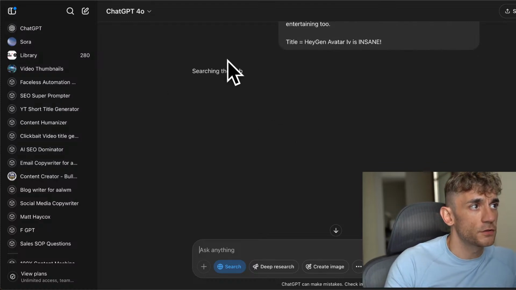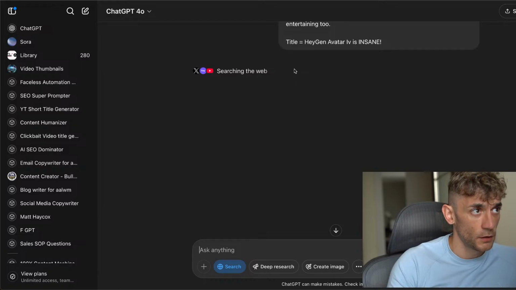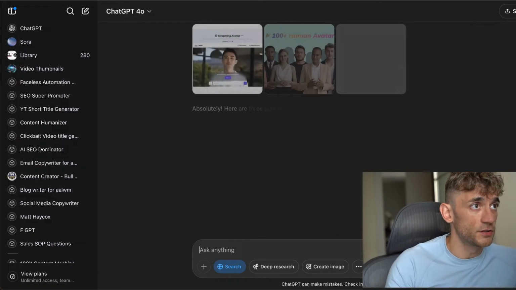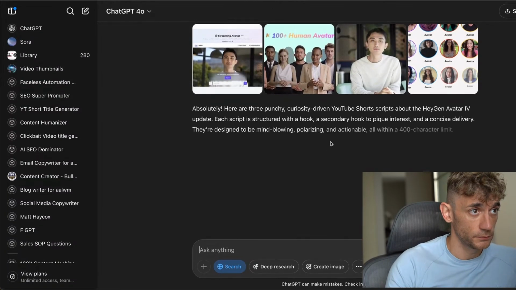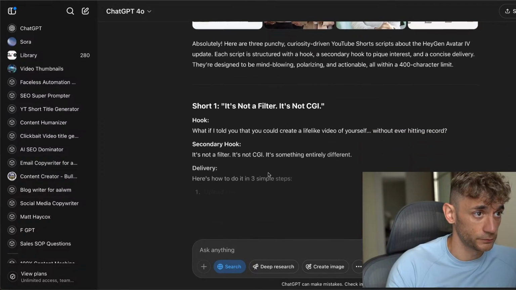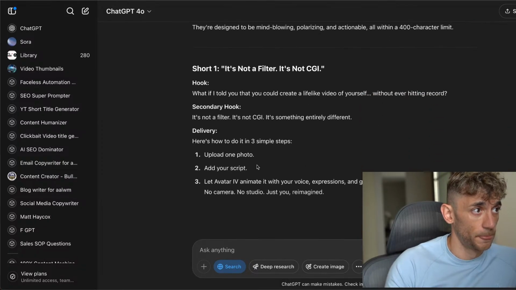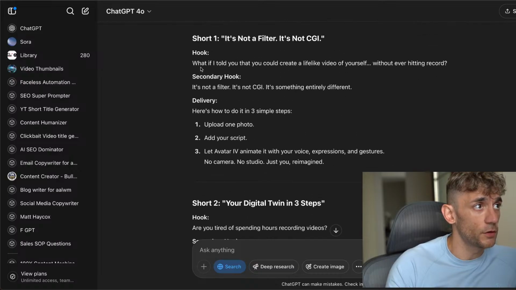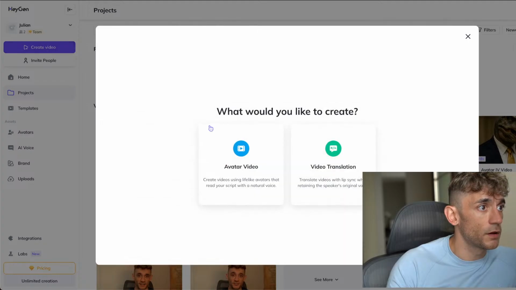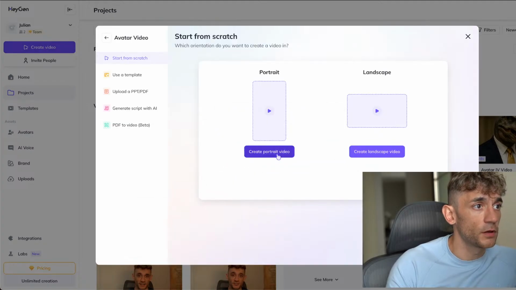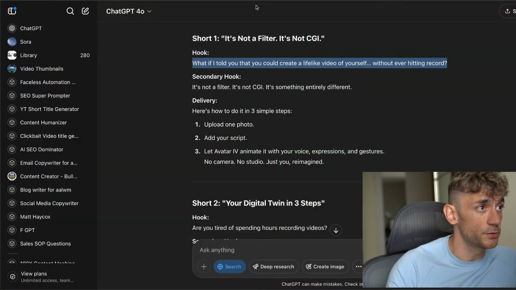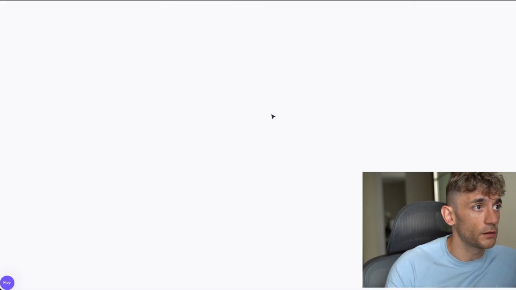Alright, so it's going to research the web, do the research on the new update, and then it's going to use ChatGPT to generate the script. So let's see what we get back. Yeah, so we've got the script right here. So then if we go to create a video, avatar script, we can create a portrait video because it's going to be for a YouTube short, for example. Then we can upload